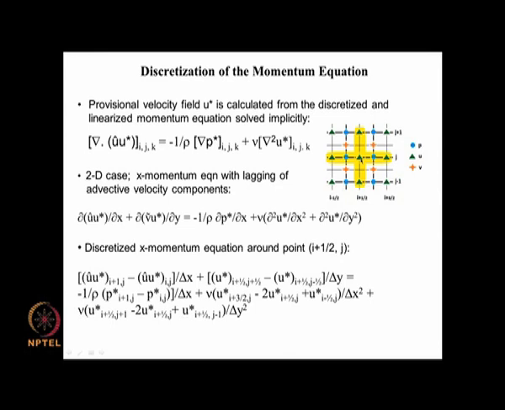And the immediate neighbors for the u velocity are i plus half, j plus 1, and i plus half, j minus 1, and i plus 3 by 2, j, and i minus half, j. So, those are the immediate points at which u velocity is known. V velocity is known at these points, which are i, j plus half and i, j minus half, like that,